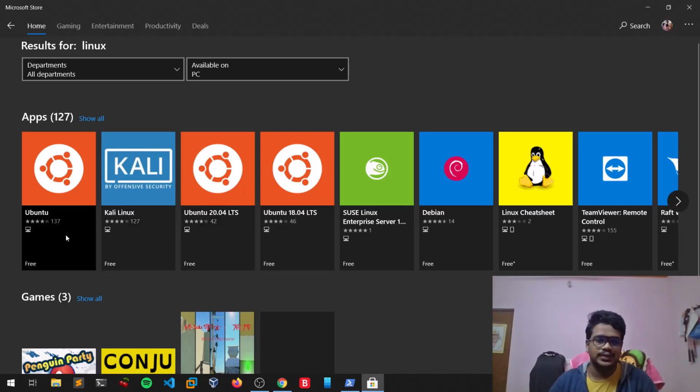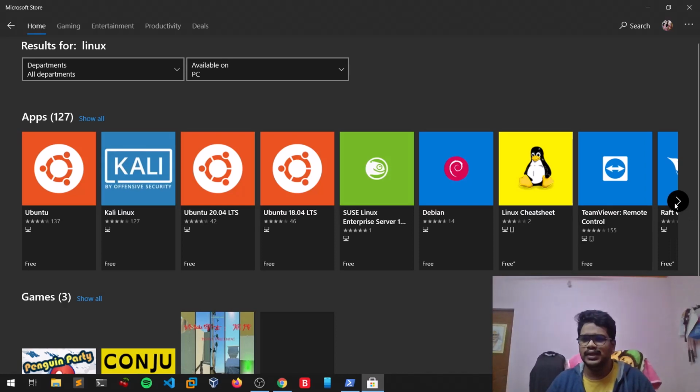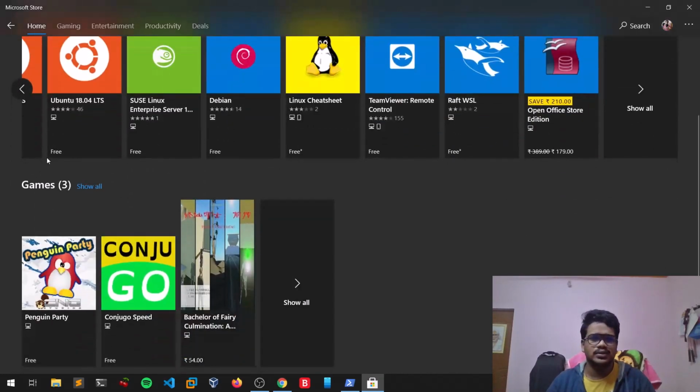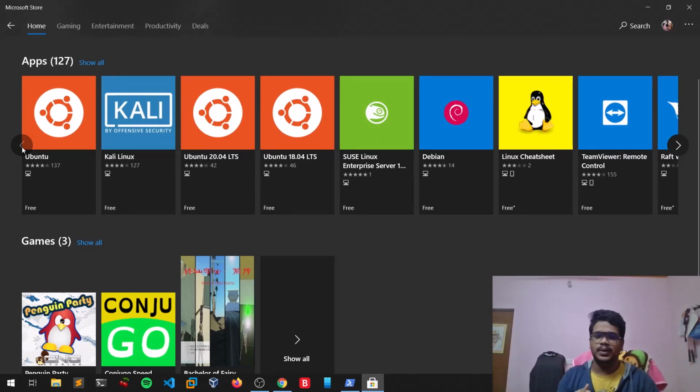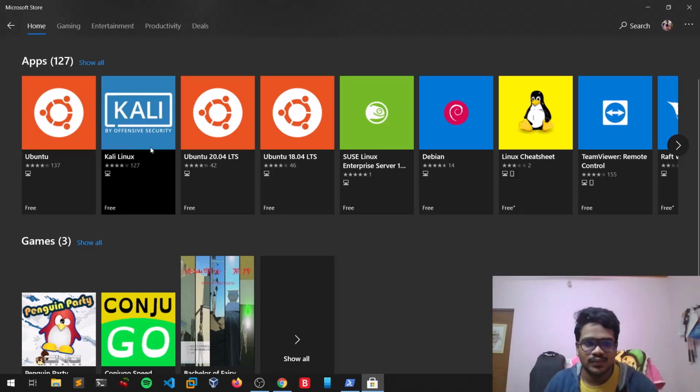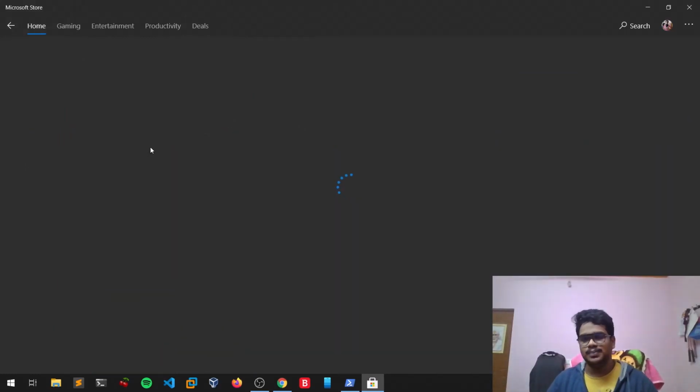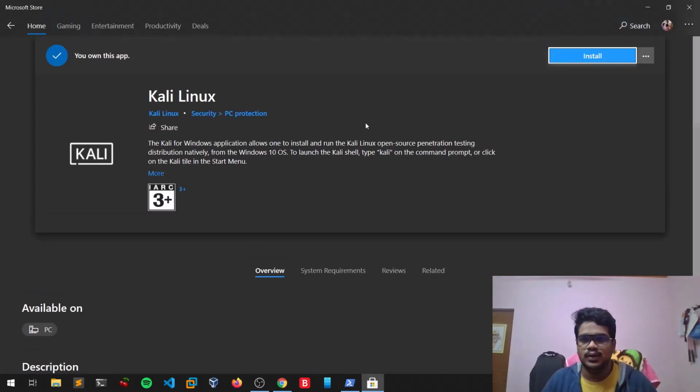You can install Ubuntu as well. Ubuntu also works fine, I worked on that. It's really working fine. There are many versions, like CentOS or stuff like that as well. Do check them out if you're really interested. But these two, Ubuntu and Kali Linux, are more popular. Since we are related to cybersecurity, I'll be going with Kali Linux. Still, you can go with Ubuntu. That's absolutely your choice. So simply click on install over here.